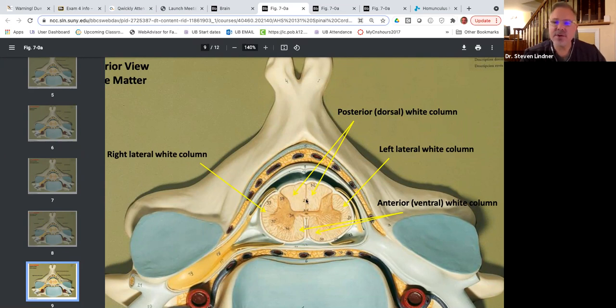These posterior columns or these posterior or dorsal columns are really important. They're involved with proprioceptive awareness. What do we mean by proprioception? It means that you know where your body is in space and time. That's what that means. The posterior columns are also involved with vibration, the feeling of vibration, and two-point discrimination, being able